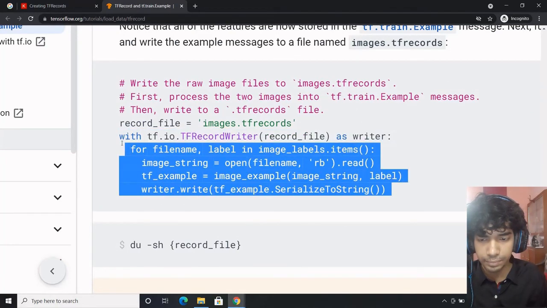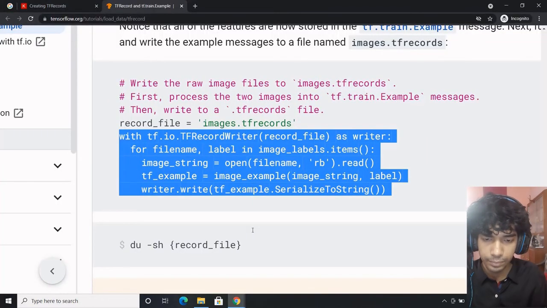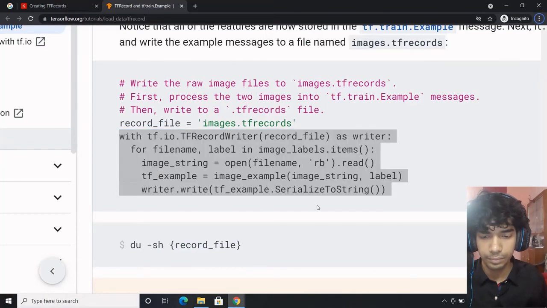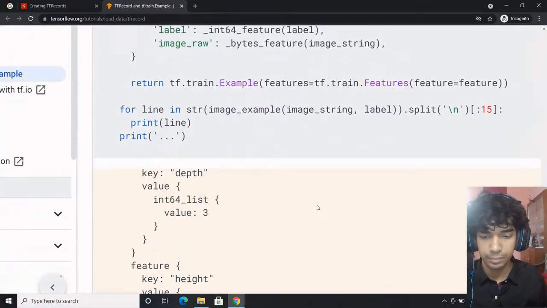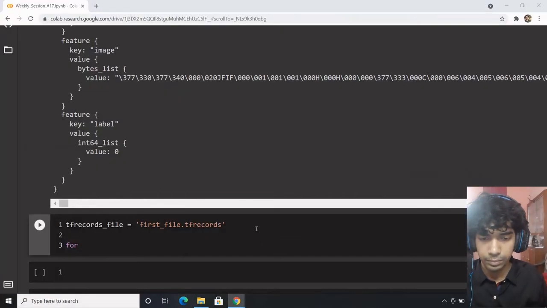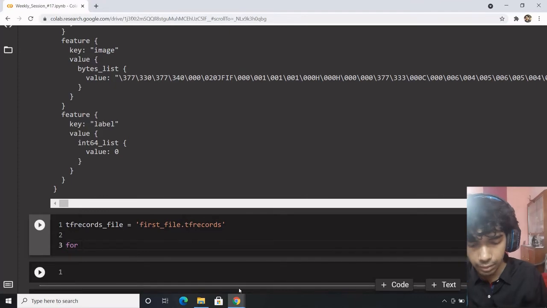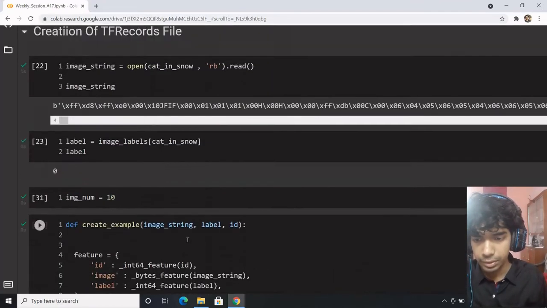Within the writer, so what you need is for... So now we'll be adding to all the files in our TF records data. How? By iterating the dictionary.